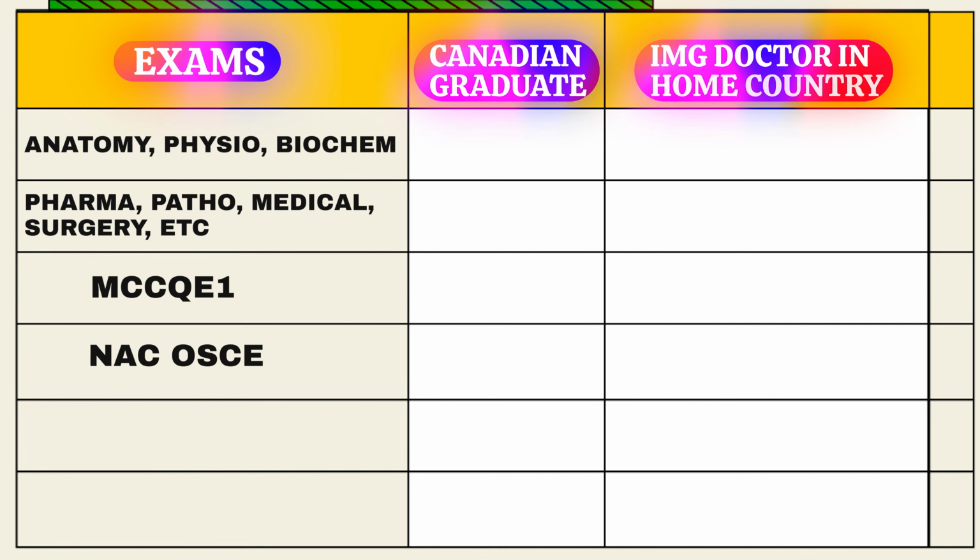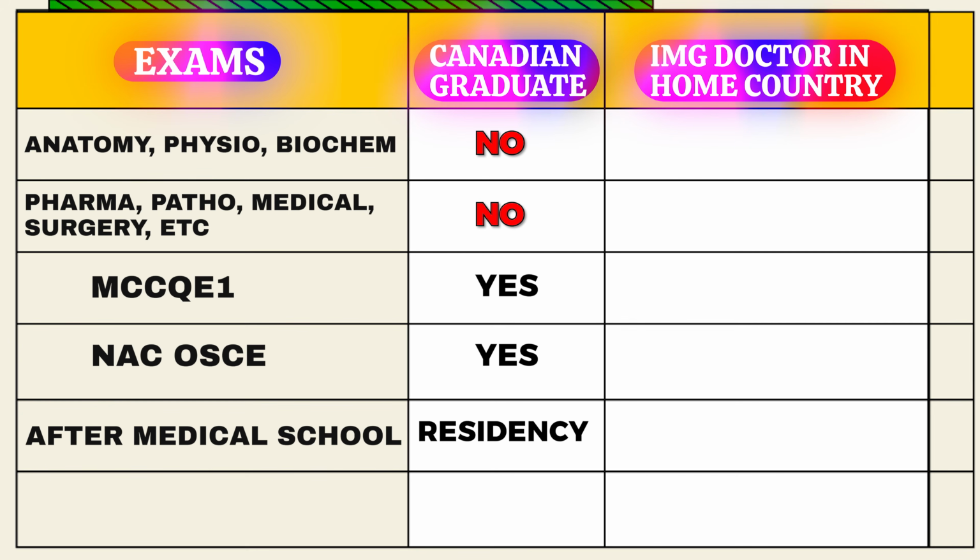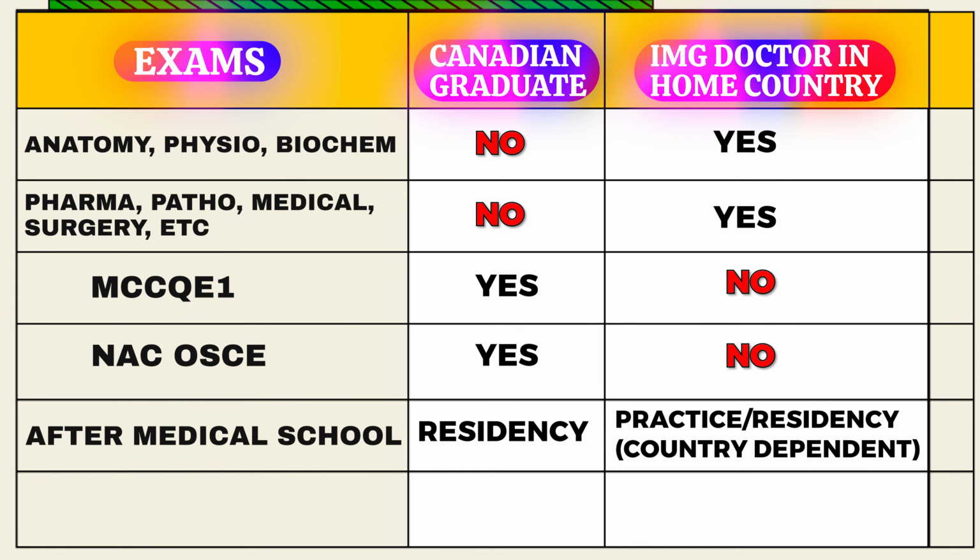Cool. When you go through your medical college or medical school in your home country, you do a series of exams and then you eventually graduate out of medical school or medical college and then become a doctor. Similarly, in Canada, the local graduates who go through medical school in Canada take this exam called the MCCQE1, and that means they can now graduate out of medical school and then they can apply for the next step called residency. Because in Canada, you cannot practice immediately after medical school, which is an option for doctors from many other